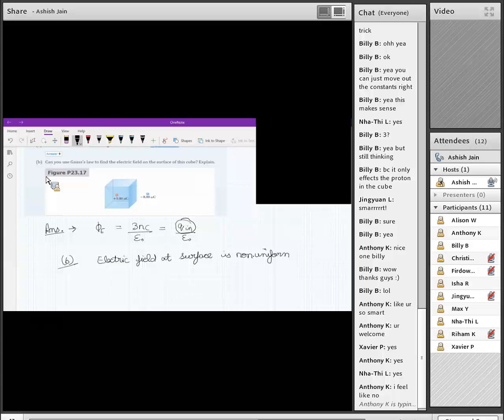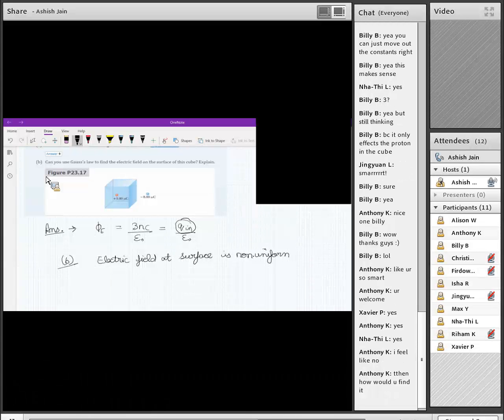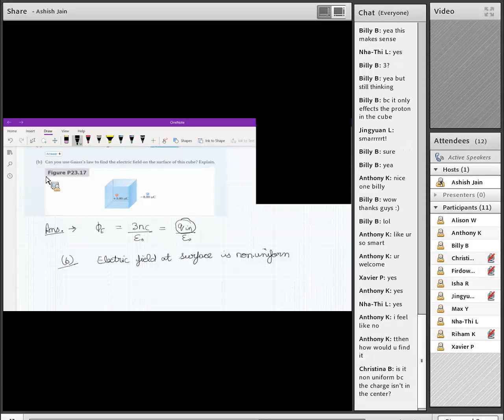In section 23.4 of the book, there are 4 rules given for any Gaussian surface. For Gauss law to be applicable, the Gaussian surface has to follow at least one of these 4 rules. Because of the non-uniformity in the electric field here on the surface of the cube,